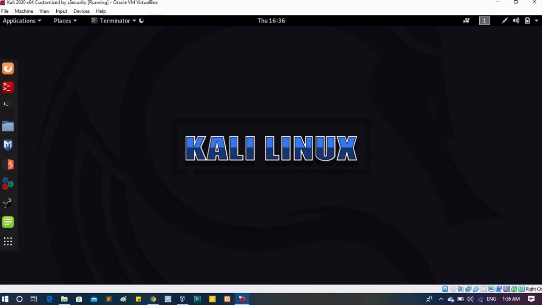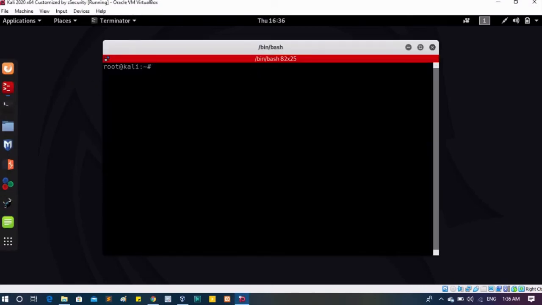Go to Terminator. First check if you are the root user or not. Type whoami. Check. It means you are the root user. You can create a new user. To create a new user, type